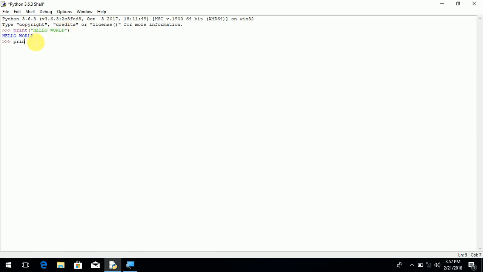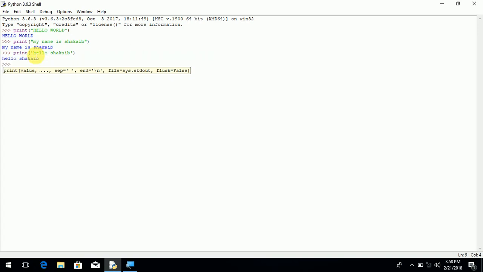If you want to write your name, print "my name is Shakib", close the double quote and bracket, press enter. It gives me the output: my name is Shakib. Whatever you write within double quotes, it gives you as output. But you can also print these values in single quotes, like 'hello Shakib', then close the bracket. It gives me an output because double quotes and single quotes both indicate that these values are